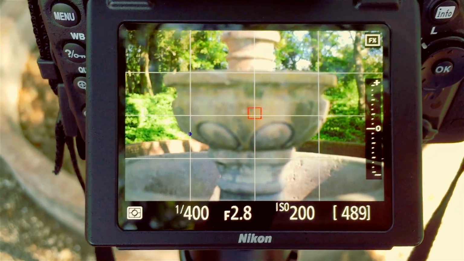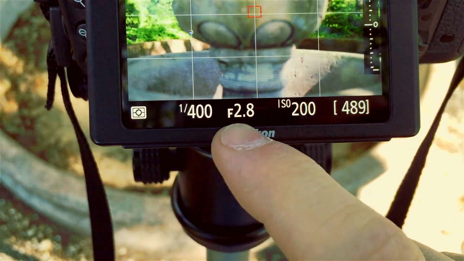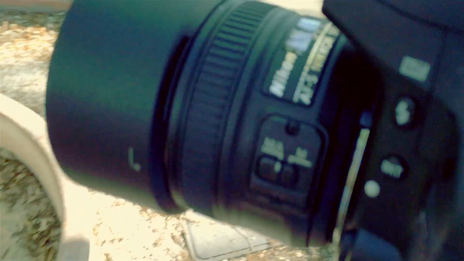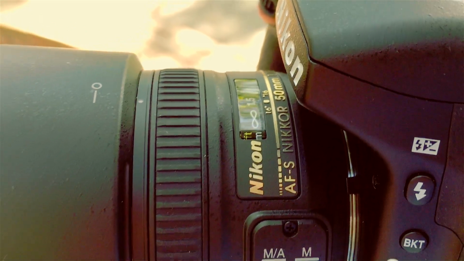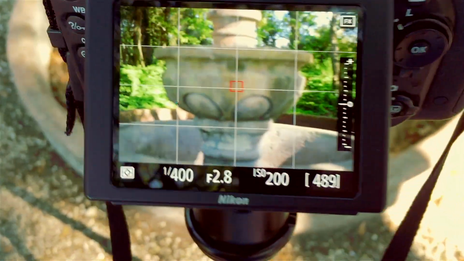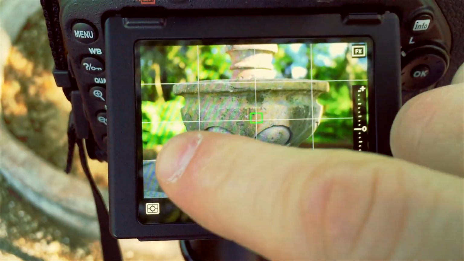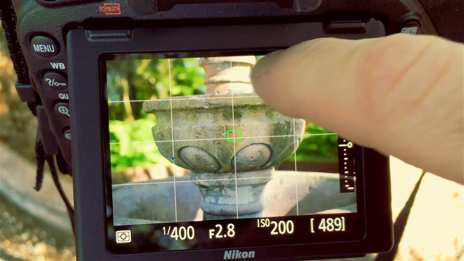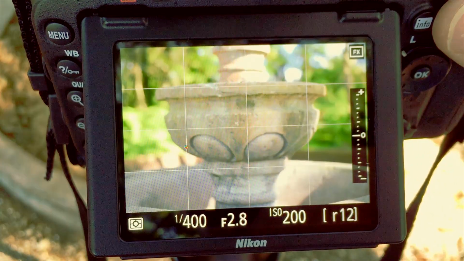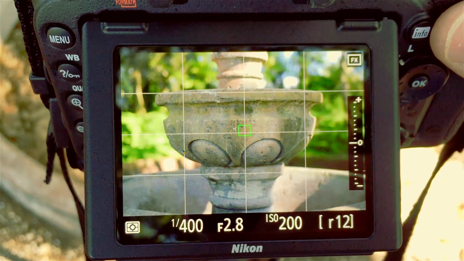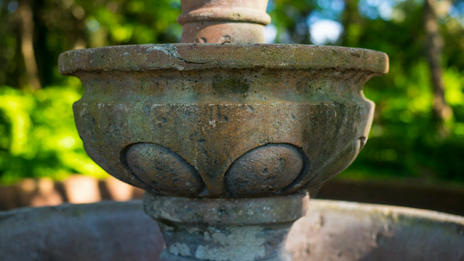And I am going to keep that same aperture at f2.8. There again, just letting you know that that is a 50mm lens. Focus in on the water fountain. Excuse me. And as you can tell, it's a very shallow depth of field. The outer edges of the waterfall are not in focus. Only a small portion of the center. And there you have it, straight out of the camera. So, the focal distance does play a factor in the type of depth of field you can acquire, just like the focal length of the lens.